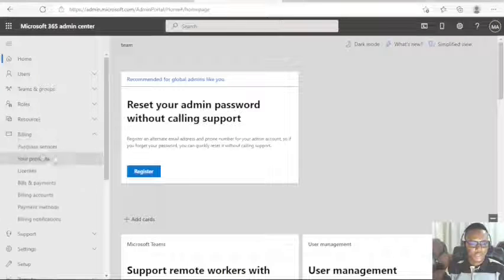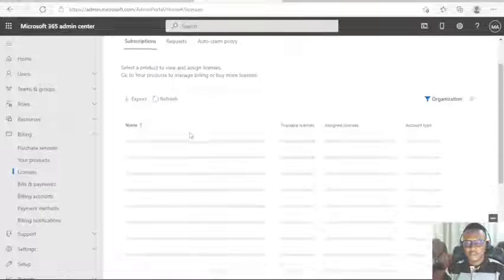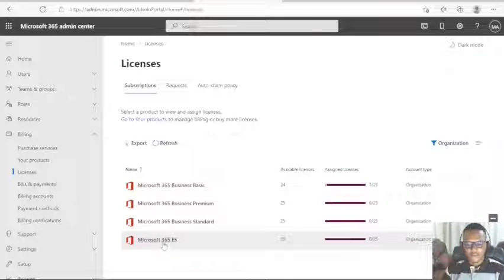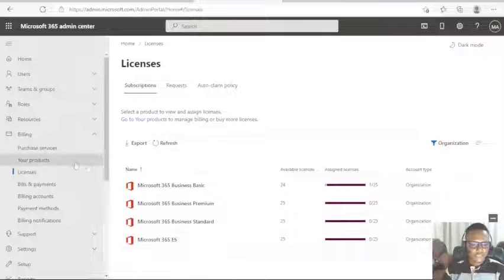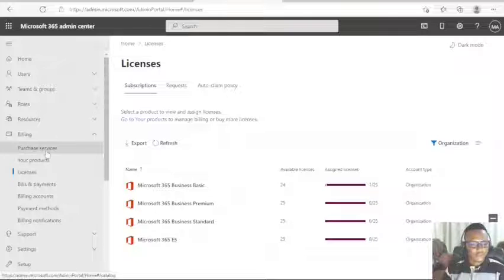So far, we've gotten the following licenses, that is Microsoft 365 Business Premium, Business Standard, Business Basics, as well as Microsoft 365 Enterprise E5. So here we go, these are the licenses that we just grabbed. Now that we are set with the base licenses, let's get the add-ons that we will need. So in this case, I'm talking about Microsoft 365 Business Voice, Microsoft Teams Phone Standard, and domestic or international calling